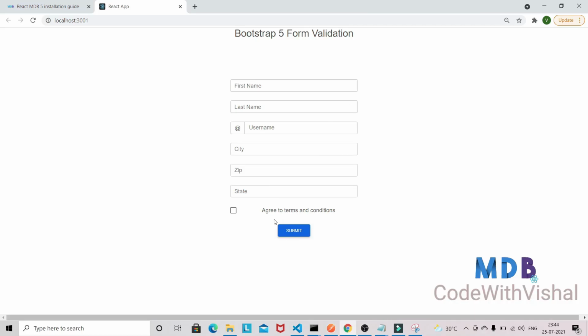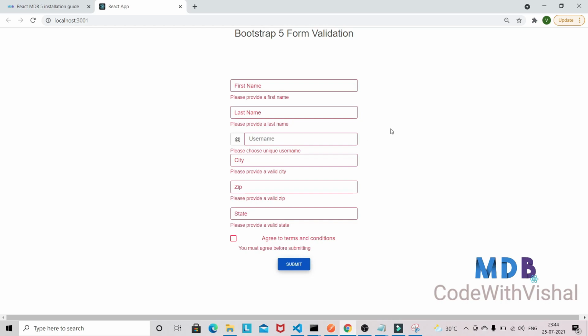and let's submit here. And now we got all the error messages for the respective input fields. So if you give something here like John, it will become green. So you can see that the color of the border is getting changed from red to green, and the same thing will apply on each input field the moment you give the value into the input field.